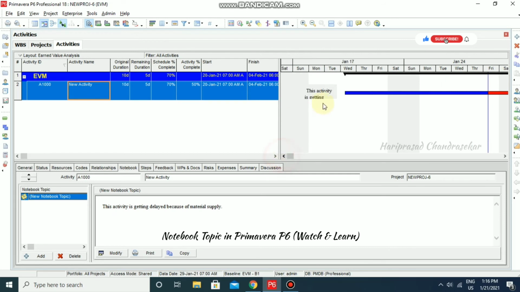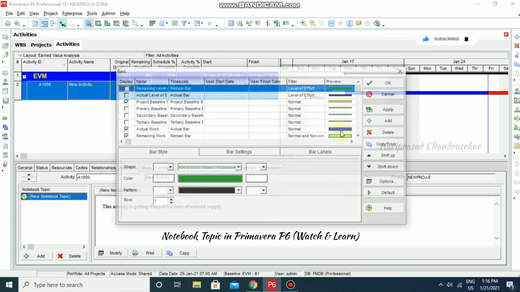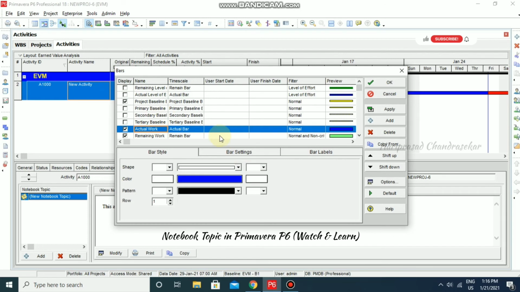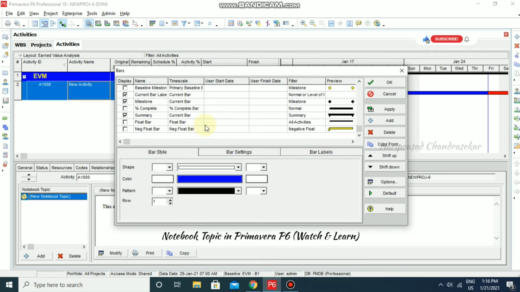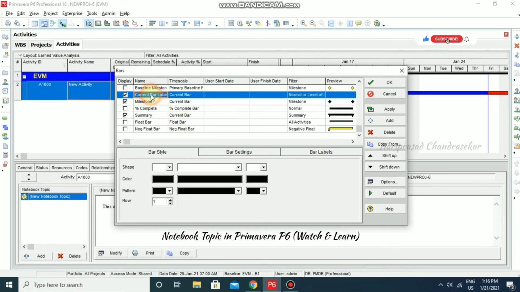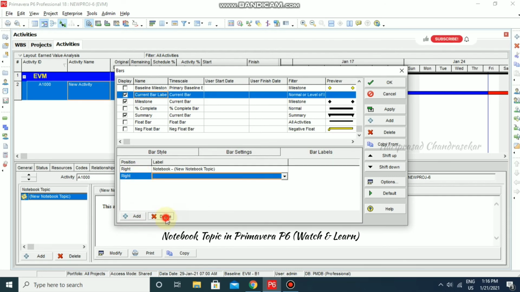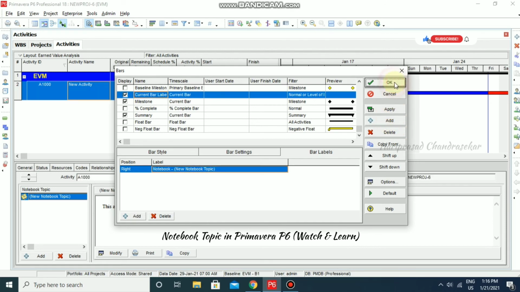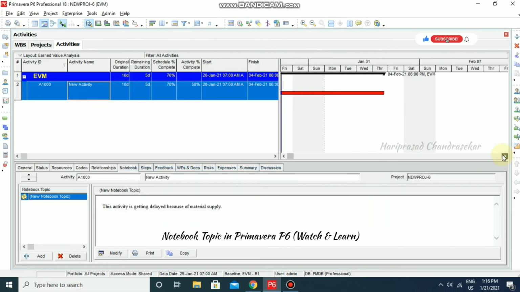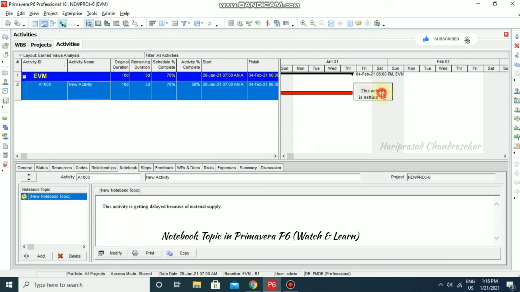See, we can see it here. It is coming on the left, so we can go for right actually. Bars and then current bar label, and by default it is right itself. So you can choose it. If you want anything else, you can put it here. Otherwise, you can delete. And I'm going for apply and then OK. See, here we can see it.